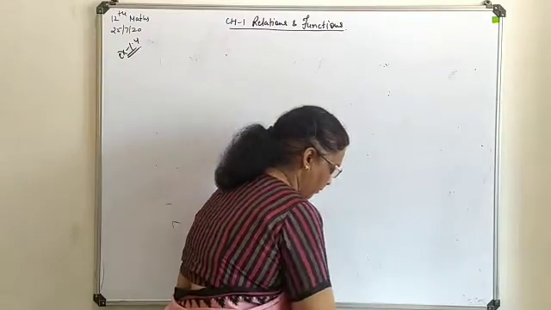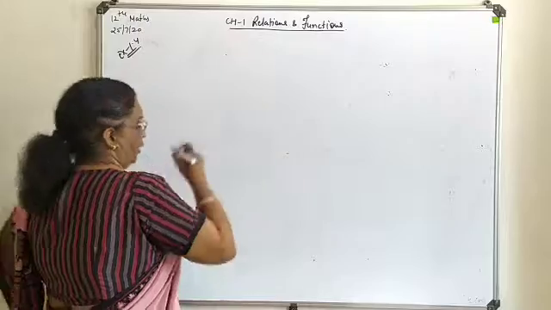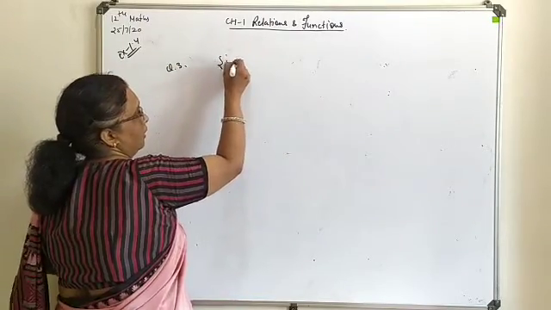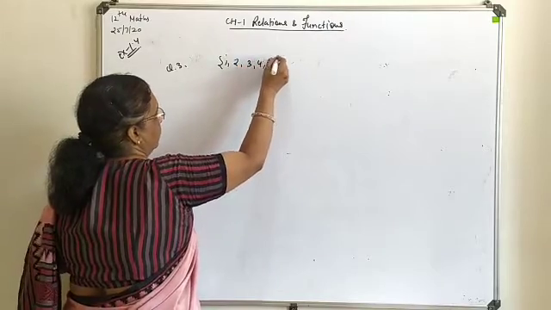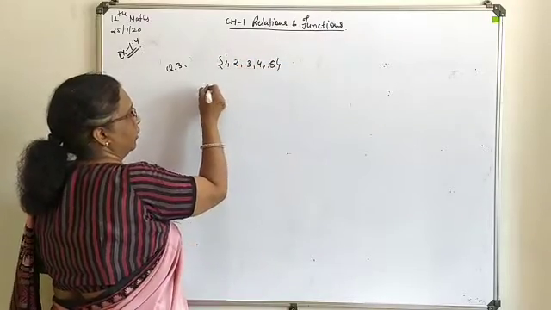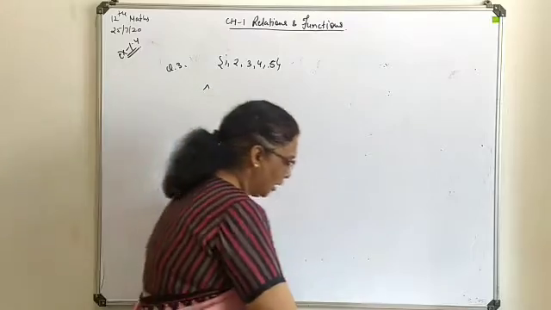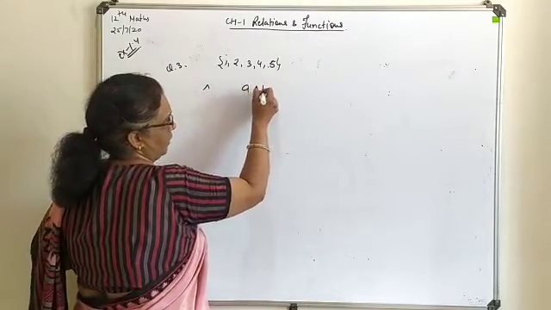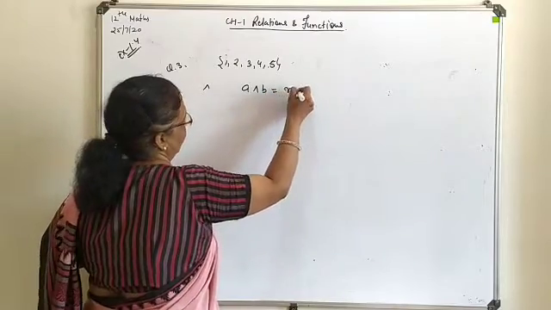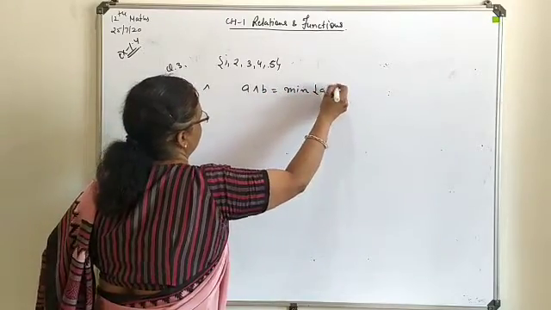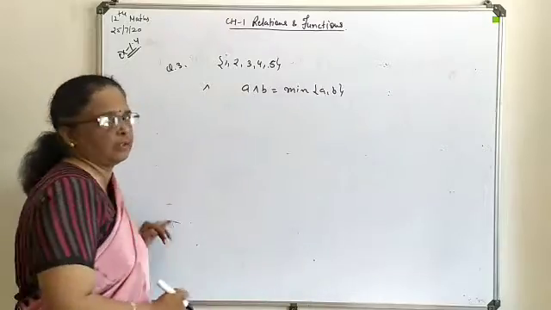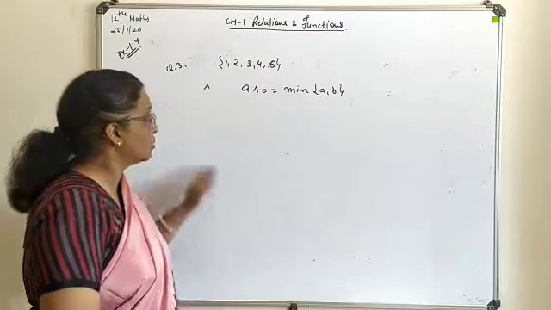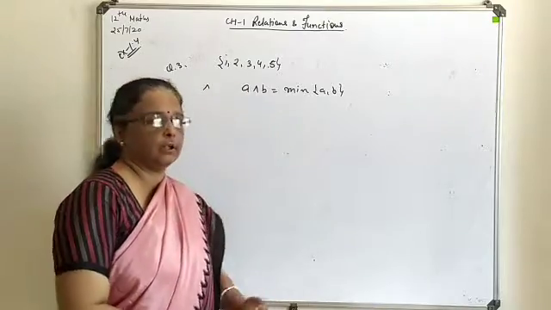Now here in the third question, a set is available containing 5 elements on which a binary operation is being defined. The meaning of this operation is that the sign we are going to use denotes the minimum of A and B. It means if you consider 2 elements, you will write the minimum value as the answer. For this purpose we have to draw an operation table.